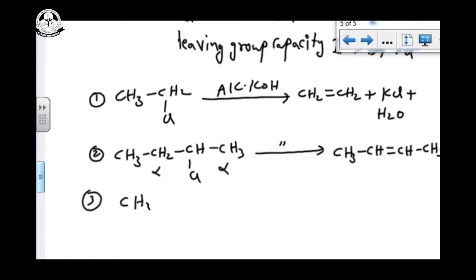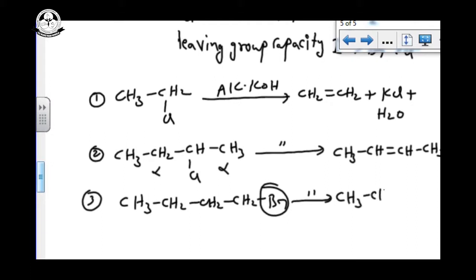Otherwise, what you are taking is CH3CH2CH2CH2CHBr, using dehydrohalogenation. Here Br minus is going out, and H from here. Hydrogen is not shifted. Why? Because here the intermediate is not a carbocation. Here the baby alkene transition state is the intermediate. So here there is no shifting of reactions. No shifting means the answer is CH3CH2CH=CH2. This is our answer.